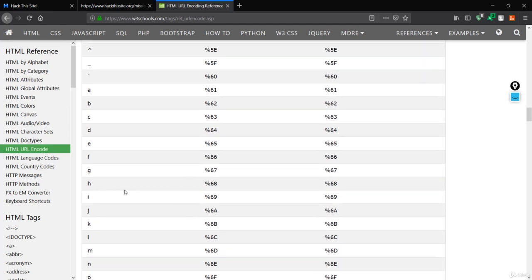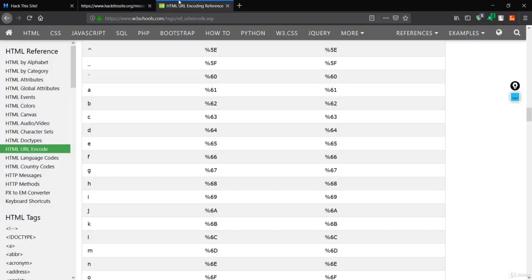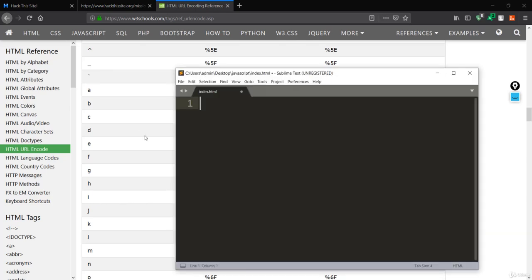So if I see here, I have the i in lowercase, which is %69 as a UTF-8 character encoding in HTML, and if I see over here, the first character is encoded as %69. That means it is i in small, that is %69. That means the first character of our password would be i.